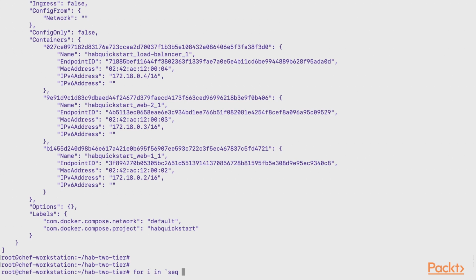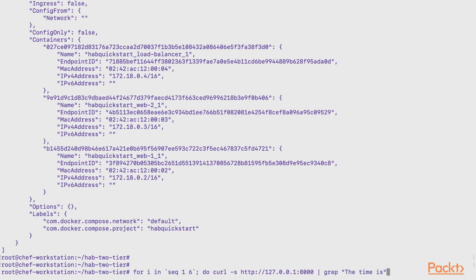I would go ahead and check whether my HA proxy is actually load balancing across both the instances. So I'm just running a for loop in which I do a curl and try to see the web page in both the instances. On the web page, I have displayed the IP address of the instance in which it is running, so it would display a different IP address at each curl request. If you see, one container has the .2 IP address and one container has the .3 IP address.